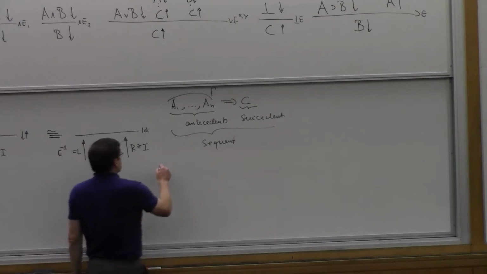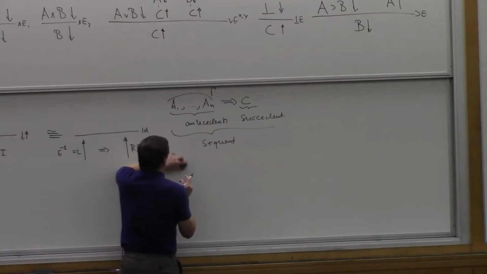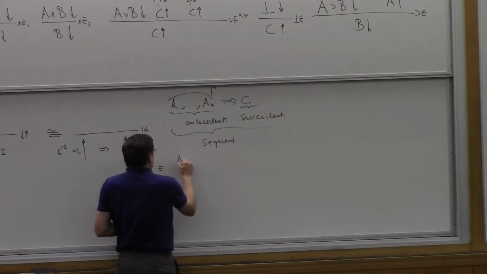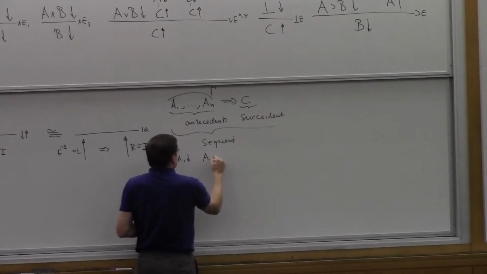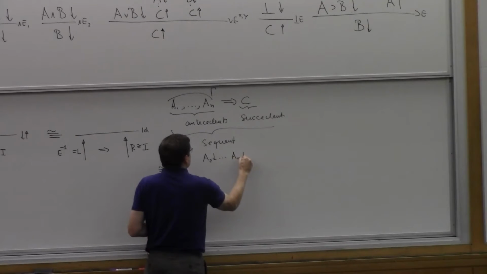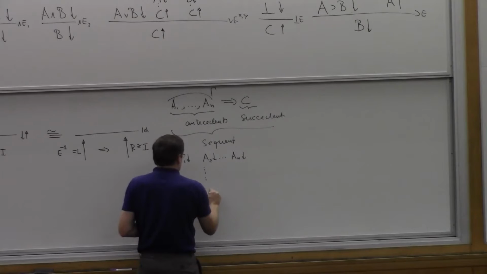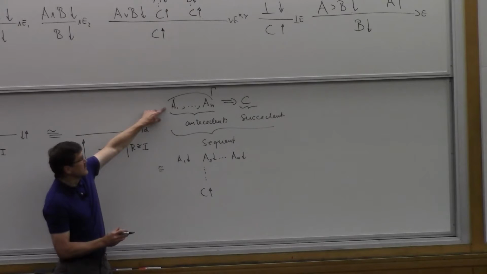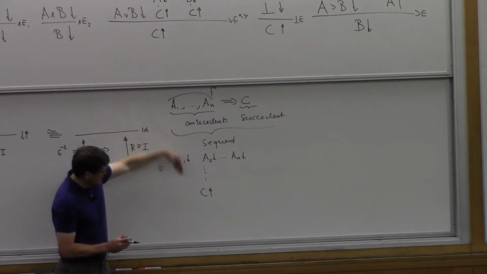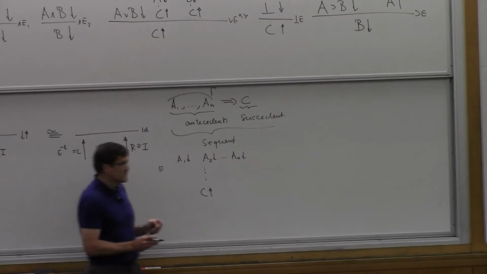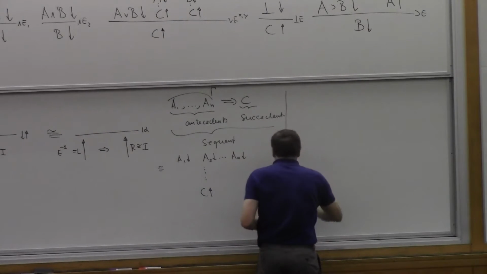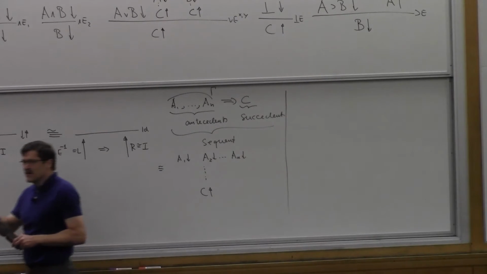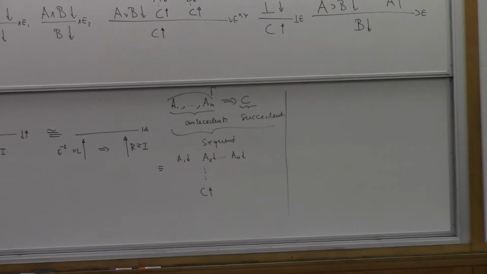So you should think about this roughly as: assuming that I can use A1 through AN, I'm trying to construct a proof, a verification, of C. So this picture is supposed to be translated into this form here, but instead of working in both directions, I'm going to work always upwards. That's the magic of the sequent calculus. And what happens when you do that is you can reason about it much more easily. You can do inductions over the structure of proofs and all this kind of stuff that you can do for natural deduction, but it's tricky because the proofs are built in both directions.